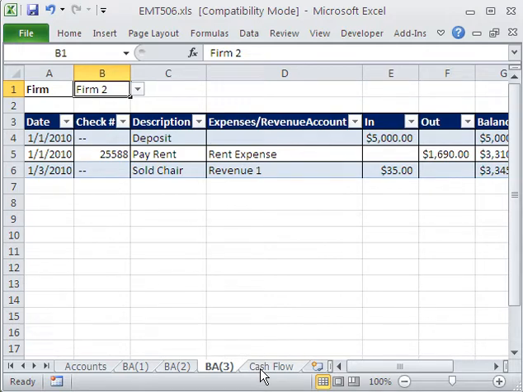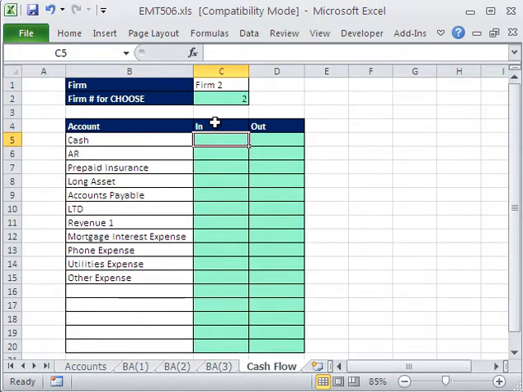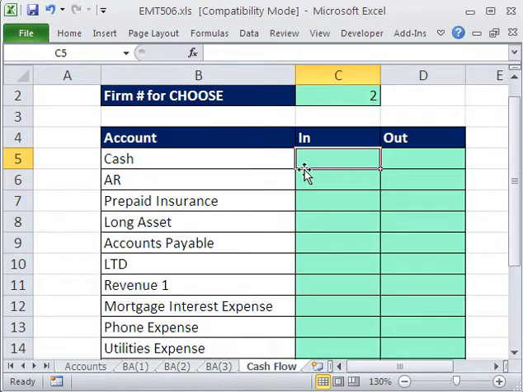So what are there? There's 2 formulas here. So that means we can, for each firm. If you had 3 firms, there'd be 3 formulas. 4 firms, there would be 4 formulas. So let's build our